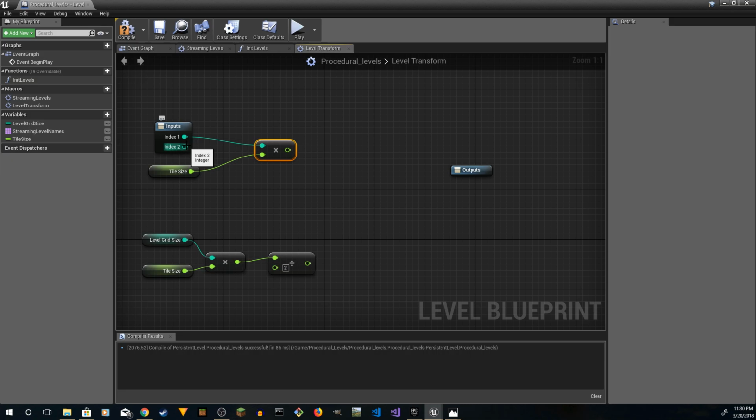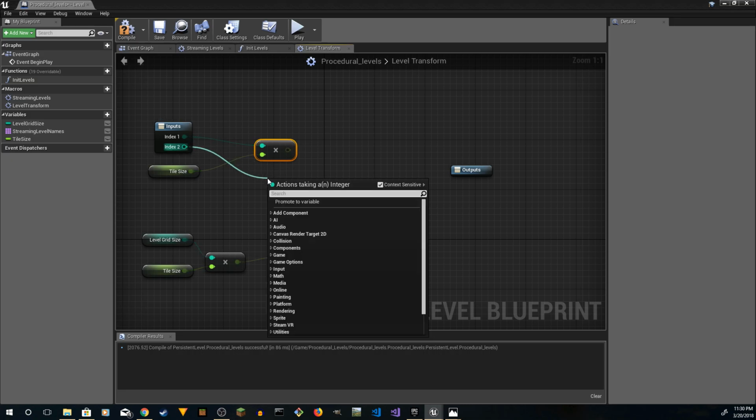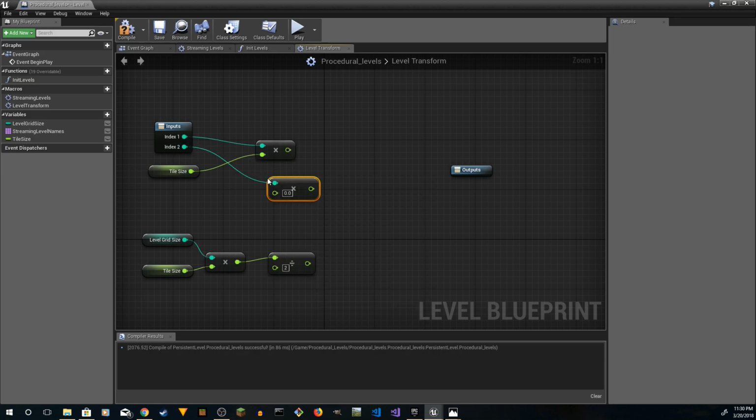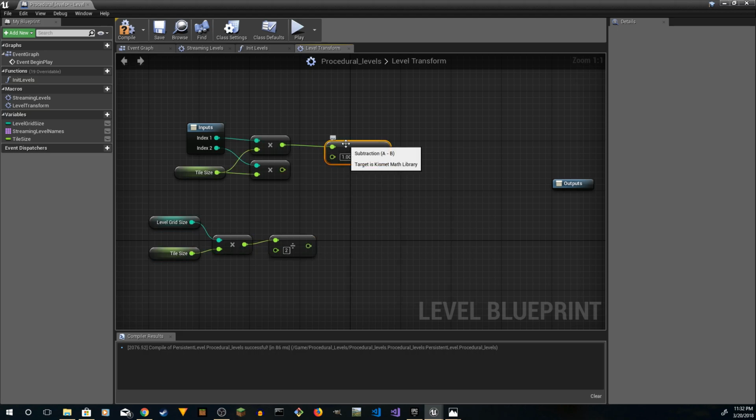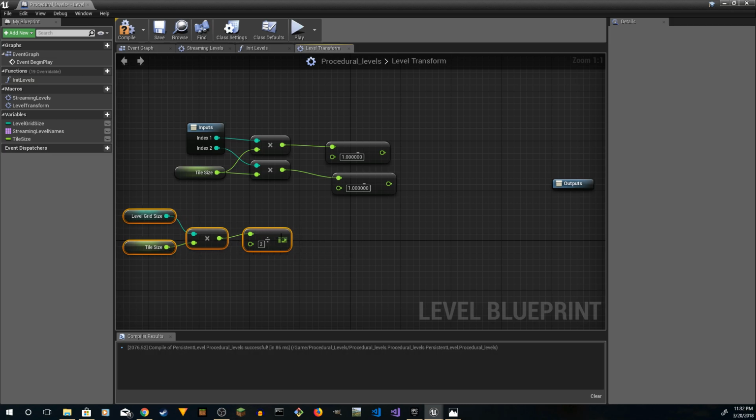We're going to do the same thing for the index, multiply, and we're going to subtract this from this. Let's copy and paste this here as well, subtract by this,